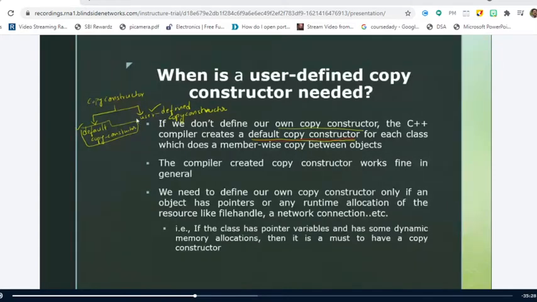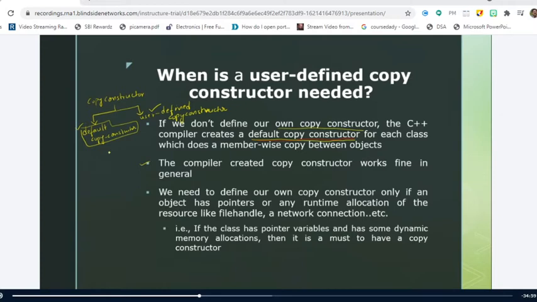Now the compiler created copy constructor works fine in general. Whatever the compiler provides us as the default copy constructor, it works well in all situations. But the way the values of one object are copied into another object will differ. We'll see two terminologies.